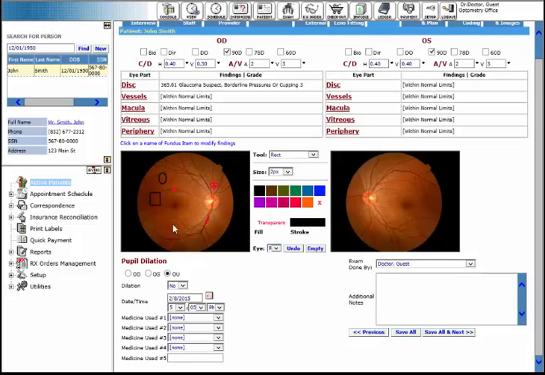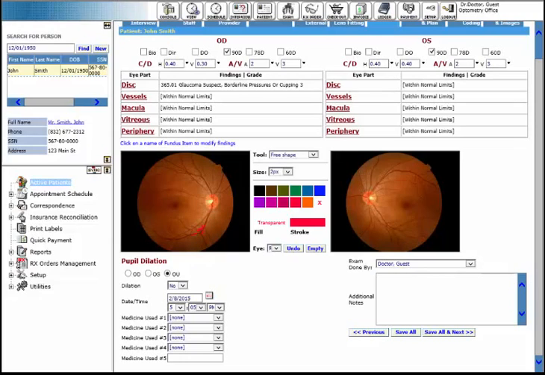To empty this, to delete, you can do one of two ways. You can undo the previous item that you put in, or you can go ahead and select the eye you want to do and empty the whole entire thing. And we'll leave some drawings here. Let's go ahead and select free shape, undo the last one, or empty the last one here, and we're drawing some new